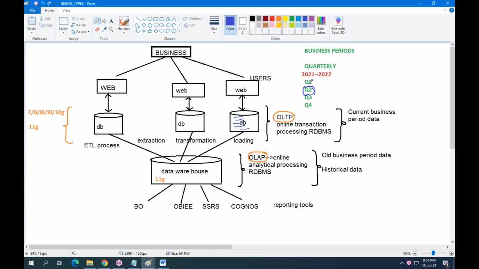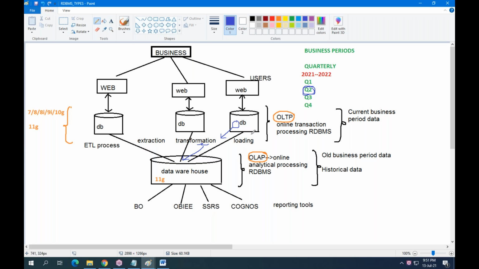What about quarter 1 data? That period completed. Once the quarter 1 period is completed, that data is extracted from OLTP, some changes are applied, and it is loaded into the data warehouse.